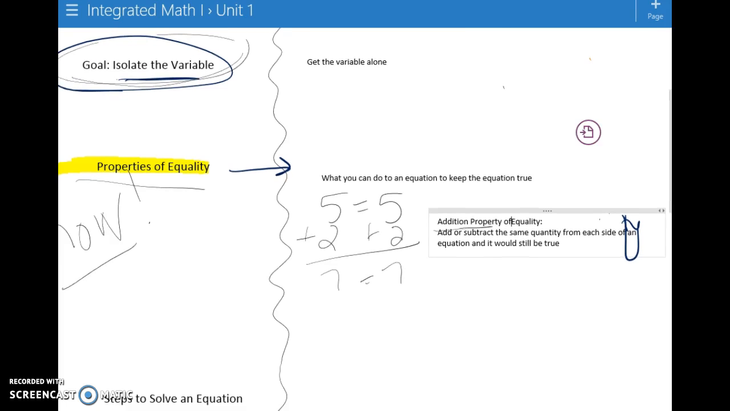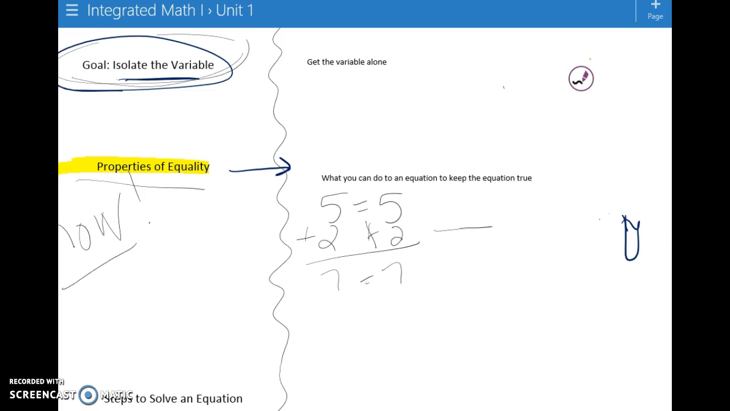I'm going to delete this so it's not in my way. Next property of equality. What if I multiply by 2 on both sides? I would get 10 equals 10. What do you think that one's called? That is the multiplication property of equality,